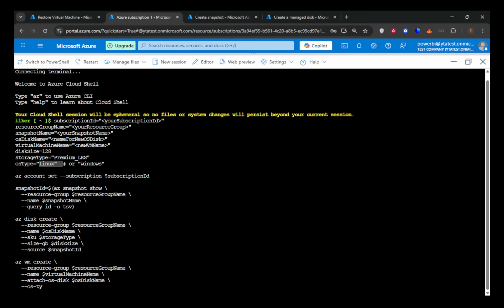This script comes directly from the comprehensive Microsoft documentation, ensuring you have a reliable blueprint to follow. And there you have it. With these steps, you are well equipped to create a VM from a snapshot in Azure, which can greatly enhance your operational